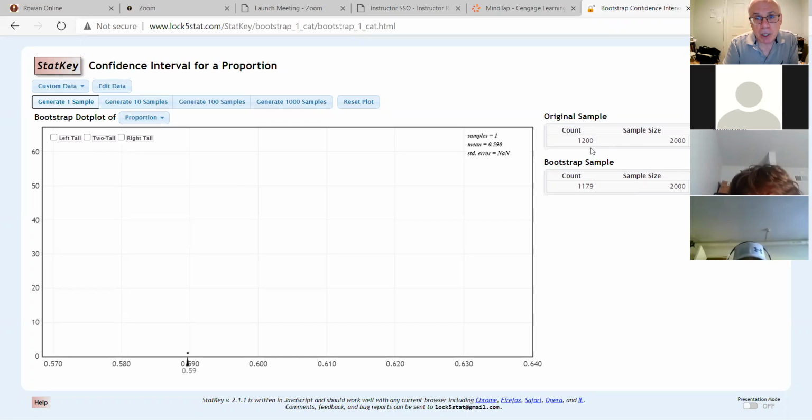It takes the original sample with 1,200. If you could picture this, if a person is voting for candidate A, they're going to have a happy face. And if they're not voting for candidate A, we're going to have a sad face. So the original sample had 1,200 people with happy faces and 800 people with sad faces. So for the bootstrap sample, the computer is going to sample 2,000 people from that original sample,